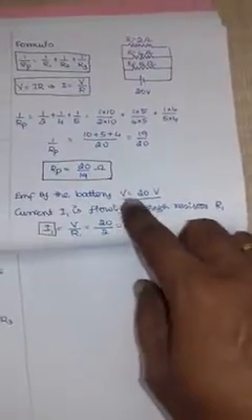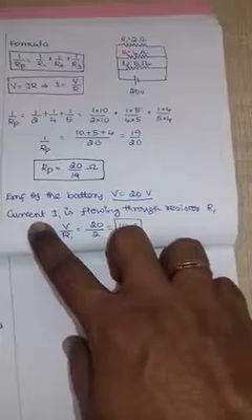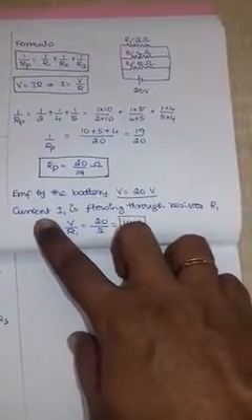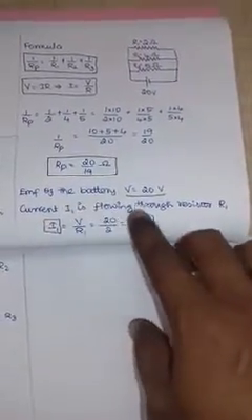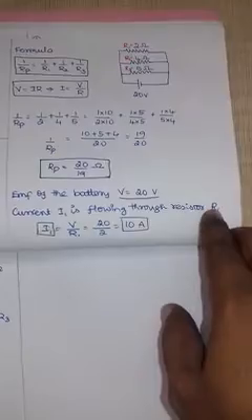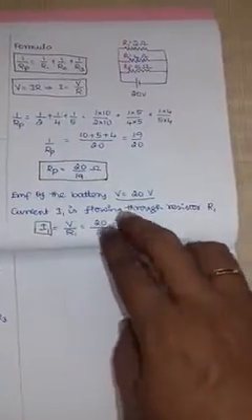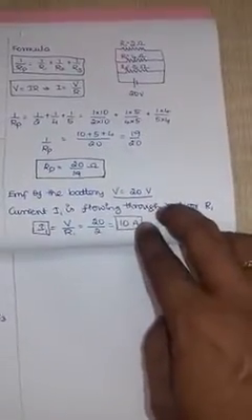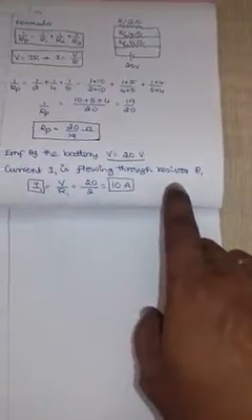So the EMF of the battery is 20 volt. What they are asking is to find the total current. Here it is a parallel connection, right? So the current is variable, the voltage remains constant. So we are going to find the current I1 flowing through the resistor R1. What is R1? 2 ohm. So I1 is equal to V by R1. V is given as 20 volt, R1 is 2 ohm. So 20 divided by 2, 10 ampere. This is the current flowing in the 2 ohm resistor.